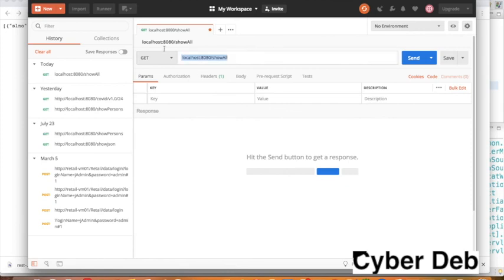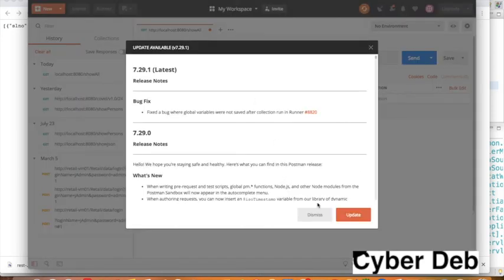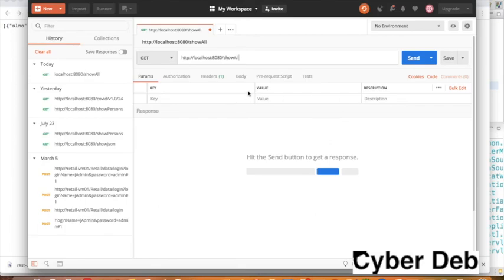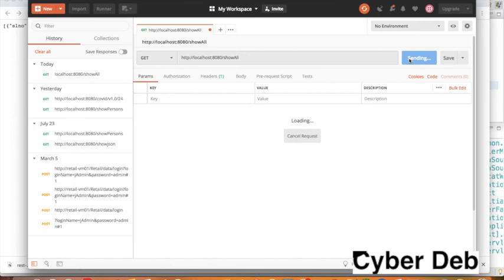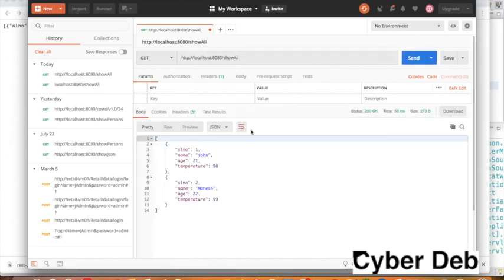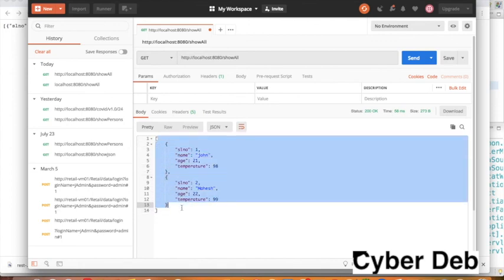Since I had already tested once, here is the same URL which I had put in the browser. The method is GET. If I go for send, here you can see a beautifully structured JSON, not as in the browser, but in the Postman client.